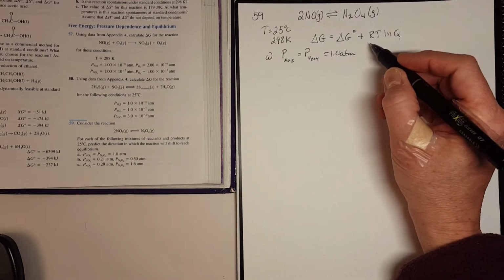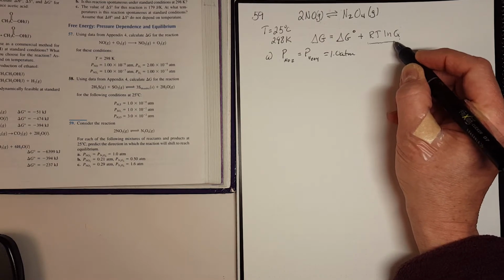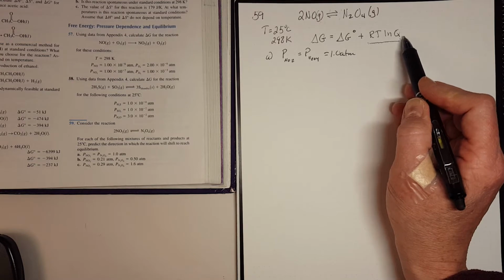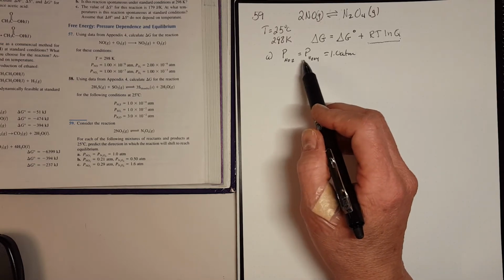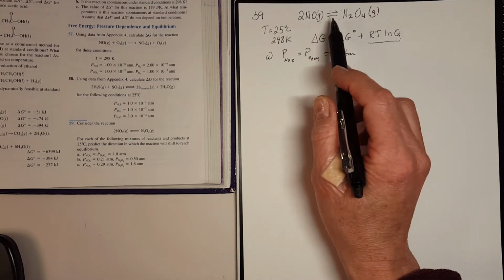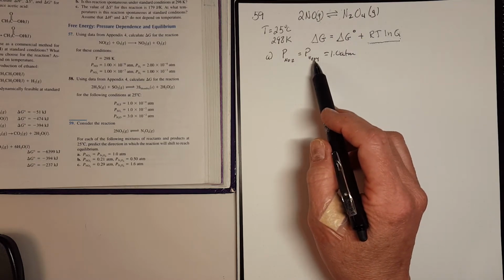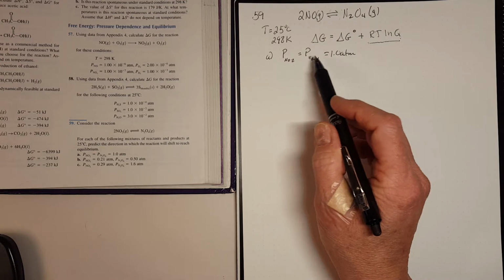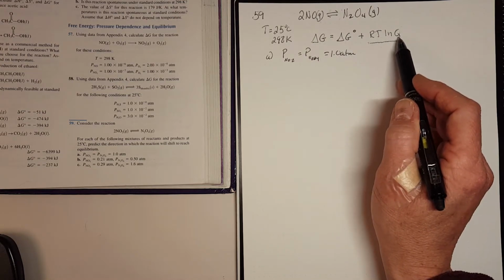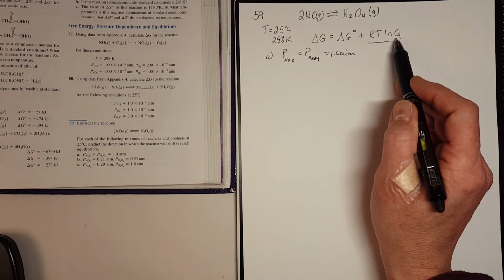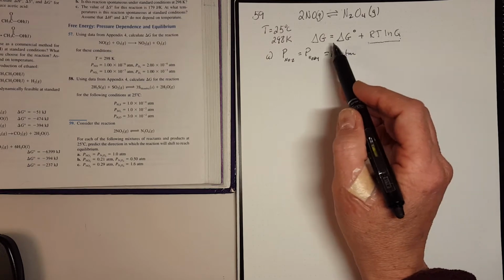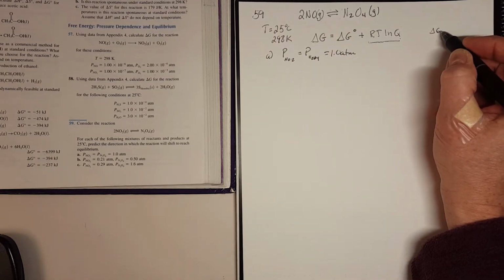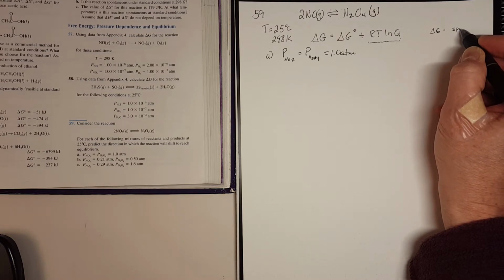Now, when we adjust for this ln of Q, what happens is, as our pressures change, so as we shift to the right and these pressures change because the reaction is making more N2O4, so my N2O4 would go up and my NO2 would go down. As these pressures change, it's affecting the Q value. And if the Q value changes, then my delta G is going to change. So remember, when delta G is negative, it's spontaneous,